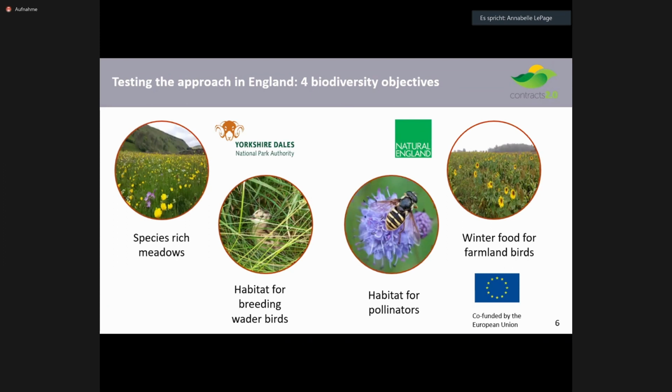In England, our pilot scheme was quite small and it only focused on 4 objectives, all of which were for biodiversity. 2 were on grassland habitats in upland areas in northern England, and those are shown on the left. And the other 2 on the right of the slide were for farmland wildlife in lowland arable areas. And both of those measures involved taking land out of arable production and sowing a special seed mix to create